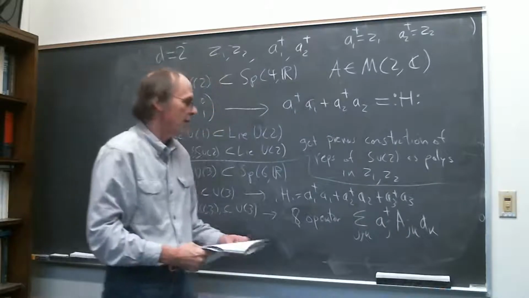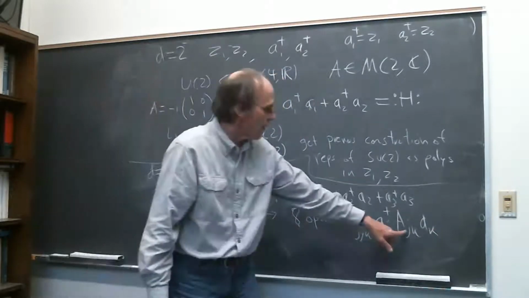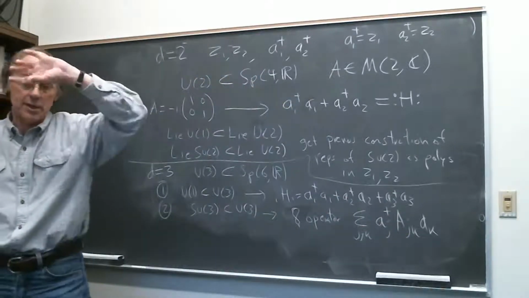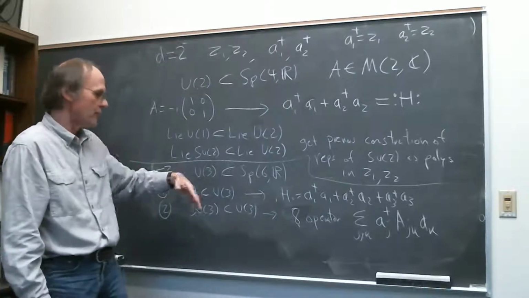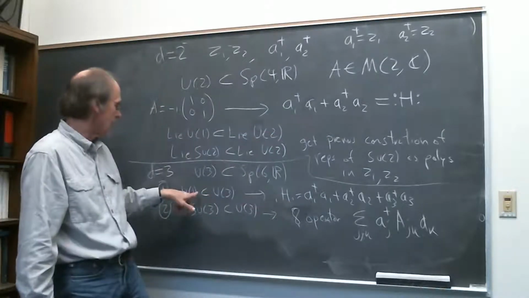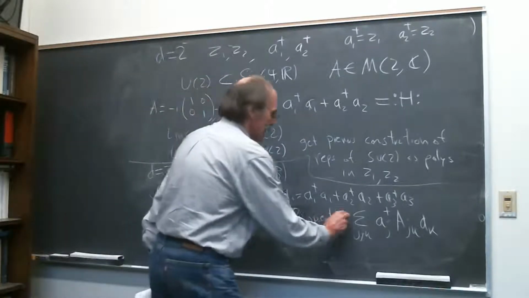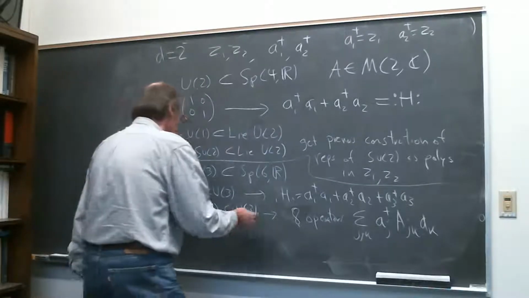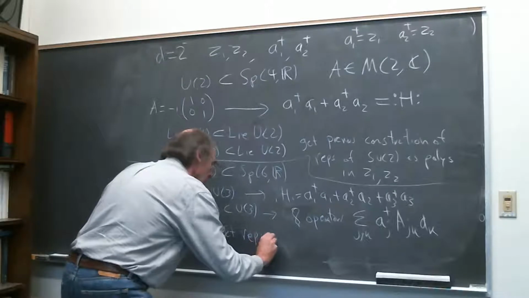Anyway, the possible 3x3 anti-Hermitian matrices with trace 0, so that the U(1) factor drops out trivially, form an 8-dimensional space. Then you're going to get 8 operators that look like this, and you get the representations of SU(3)